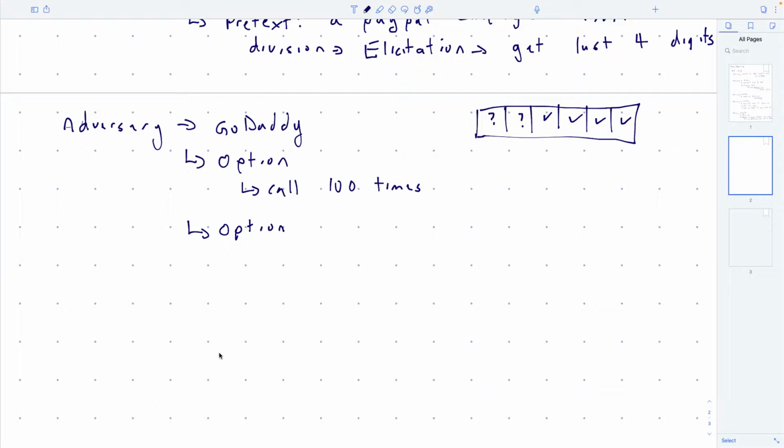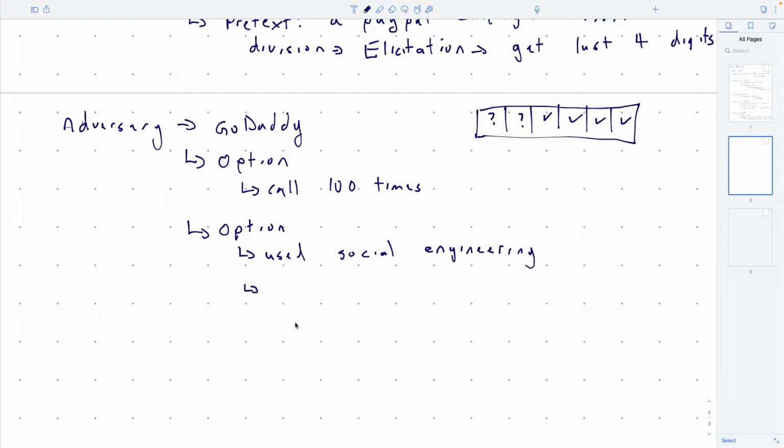The second option, which is what they did, is they basically used social engineering. Once again, we don't know the exact details of what they said. But somehow they convinced the person that they were the right person, and they knew the last 4 digits for some reason, but they didn't know the other 2. And the customer service agent literally couldn't reset the password if they didn't know those 2 digits. They have to type it in the computer to issue the command. So it wasn't up to their discretion.